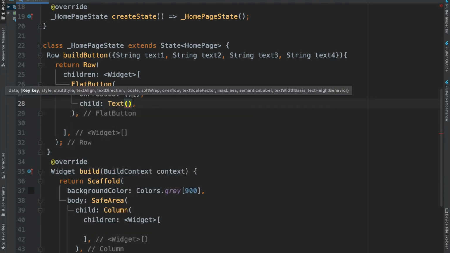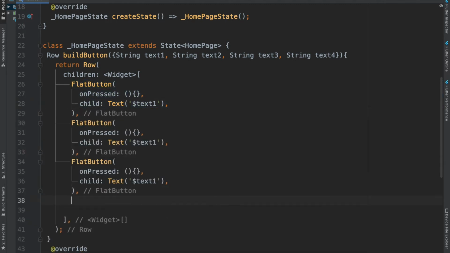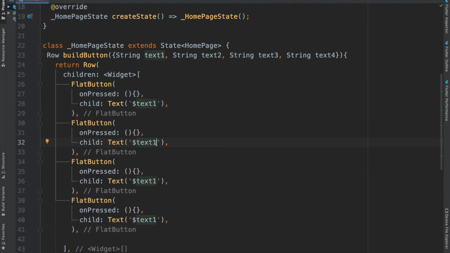The first flat button will contain the text 1, and I'll copy the same code here 4 times. So the second flat button will contain the text 2, the third will contain the text 3, and the fourth one will contain the text 4.